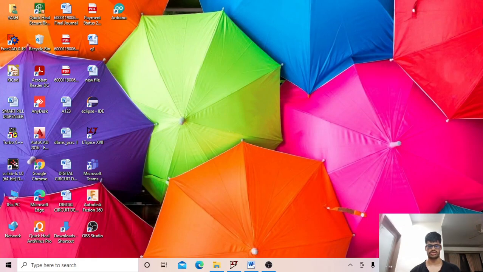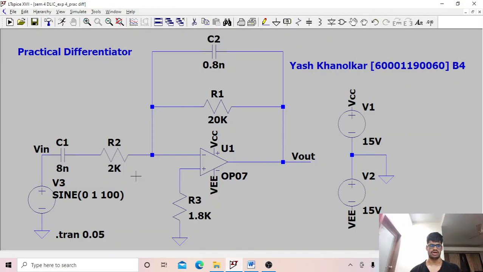Hello guys, I'm Yash Khanolkar and today I'm going to demonstrate DLIC experiment 4, which is on the design of a practical differentiator circuit using op-amp OP07. Now in a practical differentiator circuit, as you might have guessed, the output voltage is the differentiation of the input voltage. So now we can go into the LTSpice software and we can see the schematic of a practical differentiator